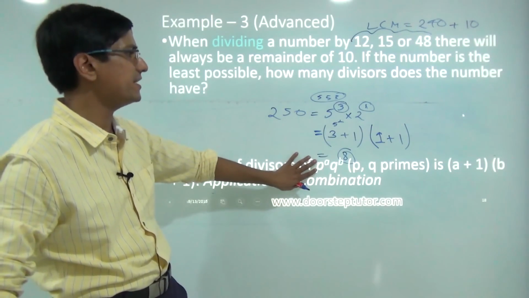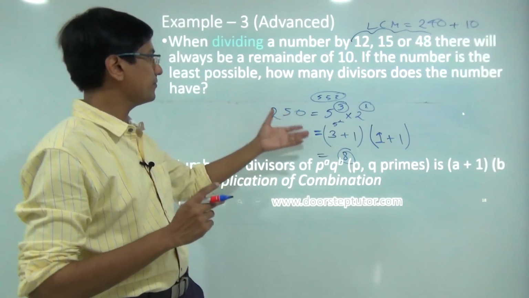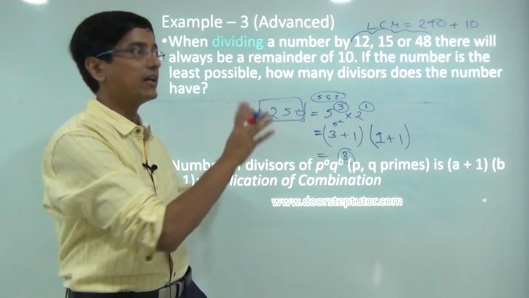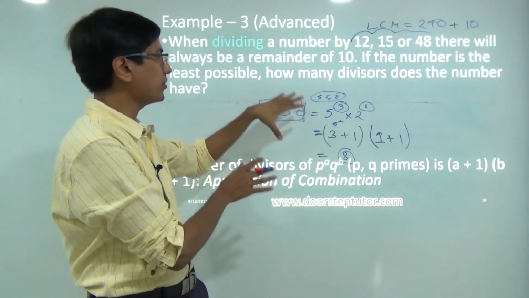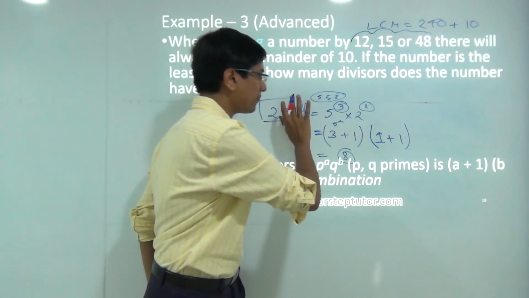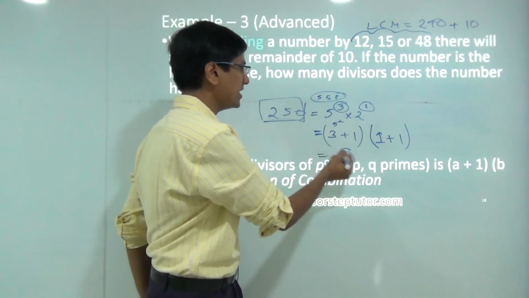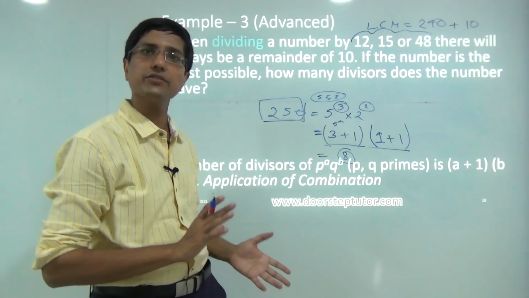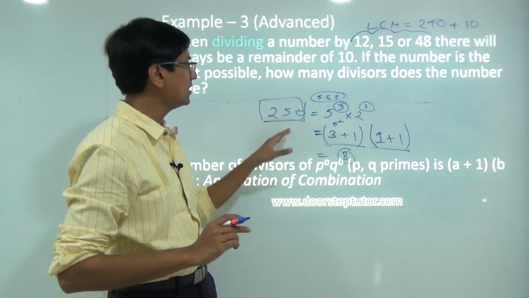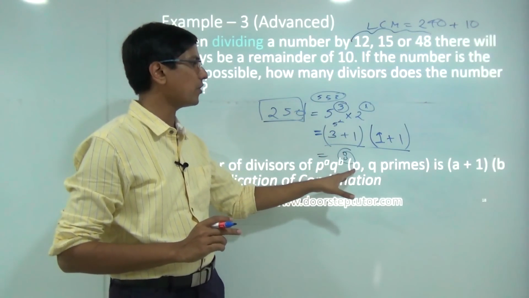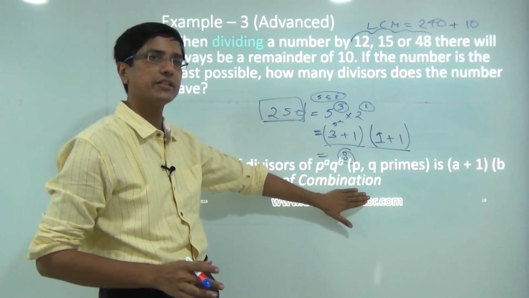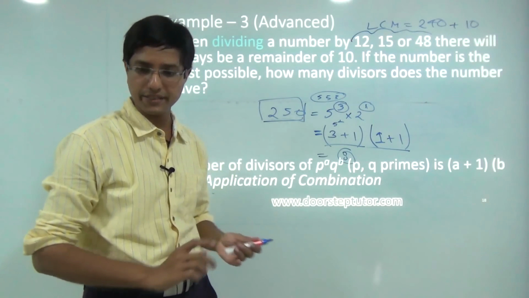So this is slightly tricky. Again, we don't stop at 250. At 250 we can stop just by knowing what is taught in this class. To go further and solve the problem, I really need to know combinatorics, which we'll discuss in subsequent classes. So please subscribe to our channel. Those of you who already know permutations and combinations can appreciate this.